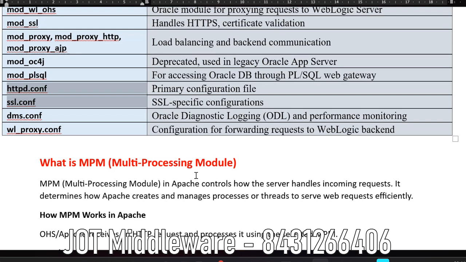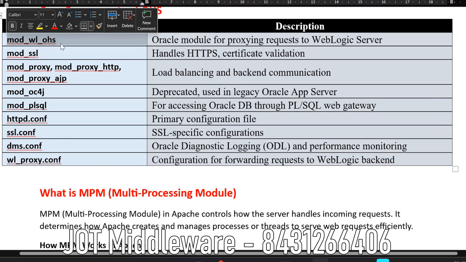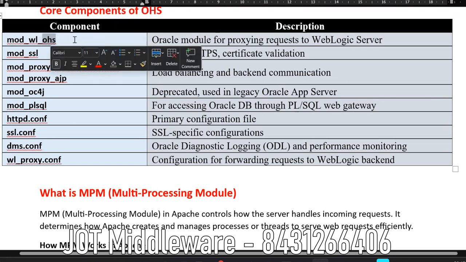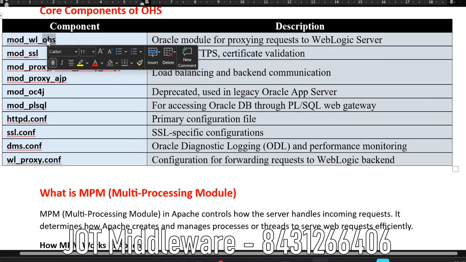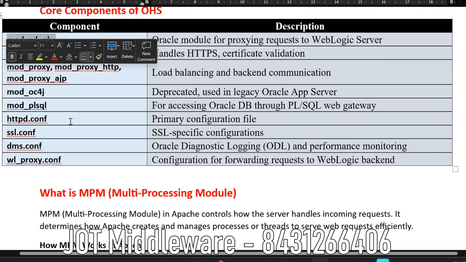Yes, you can create it. You can define virtual hosts in the httpd.conf, or else you can also use mod_wl_ohs. This is a module, and there is also a conf file for this module. In this conf file, you can define different applications using the location tags. Inside the location tags, you will provide the backend application servers cluster details and also the independent hosts